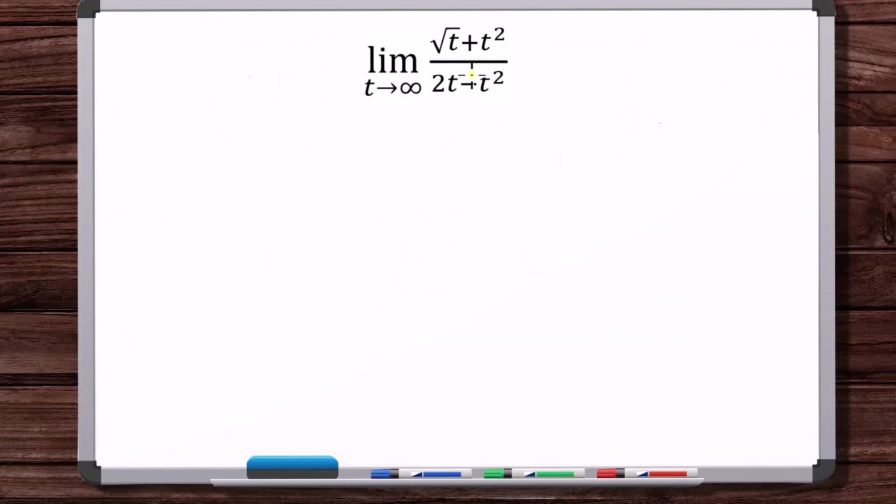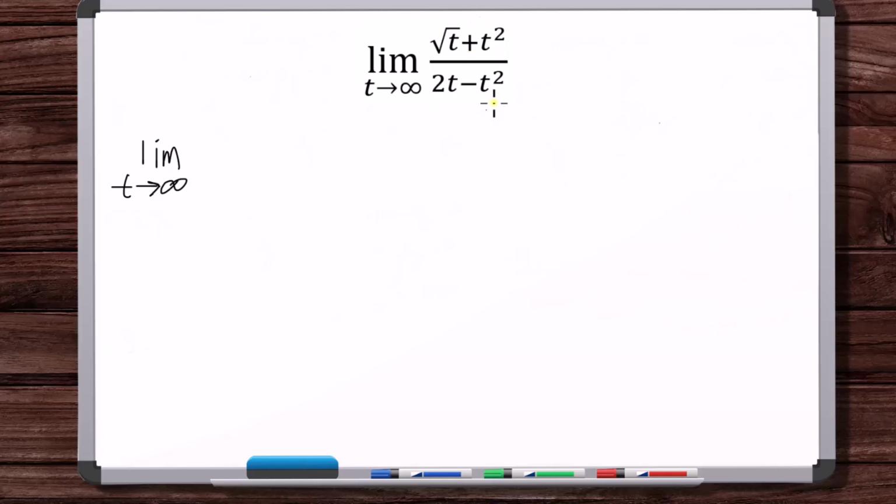But we're still going to use that same technique where we're going to divide the numerator and denominator by t squared, but we still need to be careful in terms of how we deal with this root here. Now, this actually isn't going to be a problem in this case because t is approaching infinity, but it's really when you have a case where t is approaching negative infinity, where you'd have to be careful dividing the numerator and denominator by a t squared. And even actually in this case, even if t was going to negative infinity, it wouldn't even matter. It wouldn't get messed up because, okay,